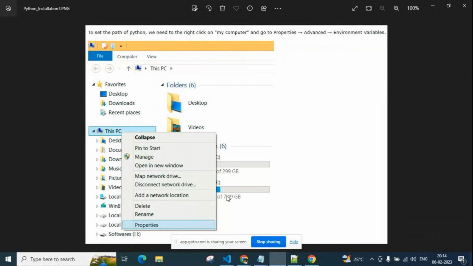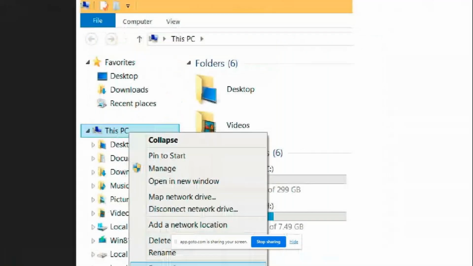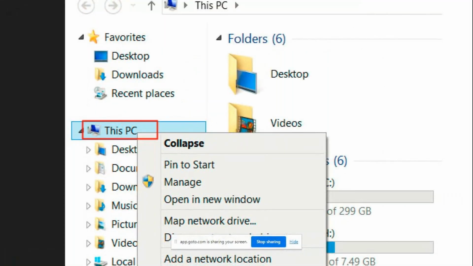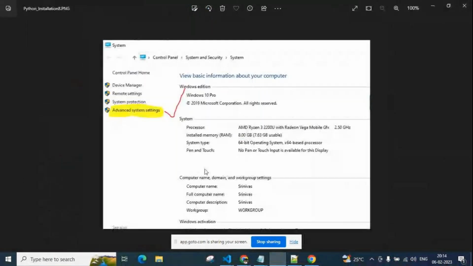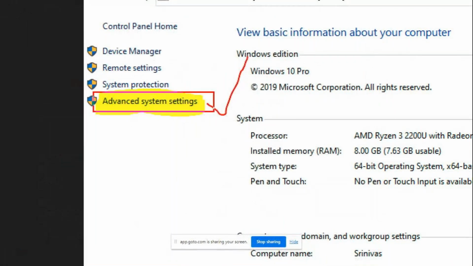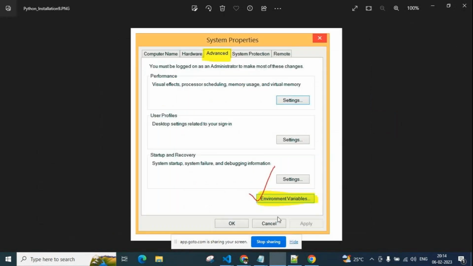And later I want to add the environment variables, guys. For that, select This PC, click on Properties, and next Advanced system settings, guys. On old systems, Windows before 3.10, this is shown on the left side. Right now all systems display it on the right side. Select Advanced system settings, then Advanced, and inside that there is Environment Variables. Select that and click on it.